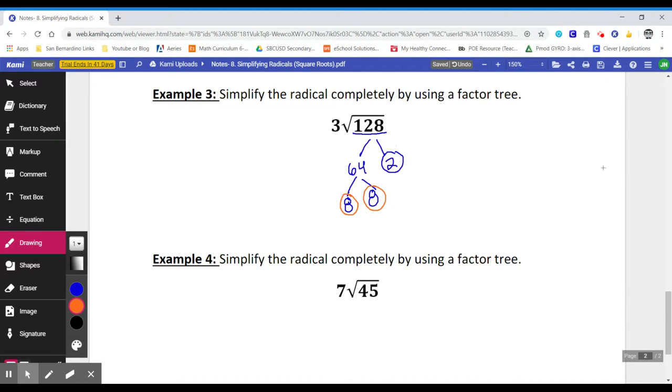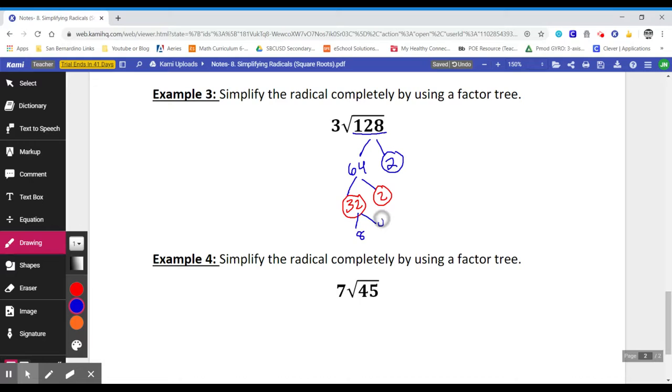However, I'm going to pretend like I didn't choose that. I didn't choose 8 times 8. I chose something else. So I'm going to go ahead and use a different answer. So let's say I go 32 times 2 is 64. Doesn't matter the factors. It'll still give you the same answer in the end. 32,